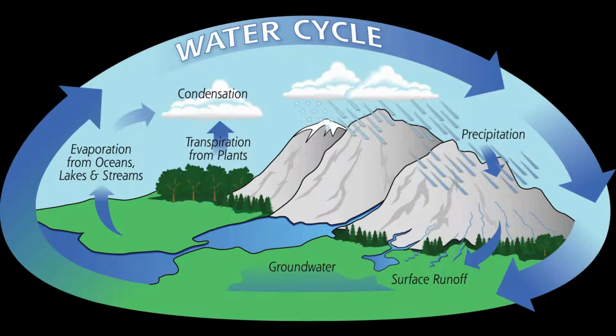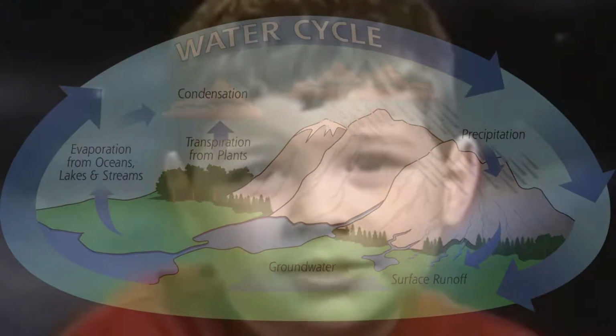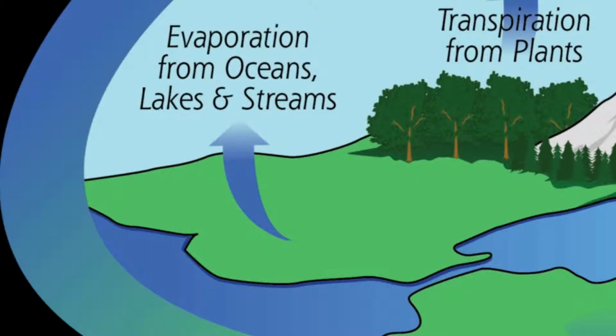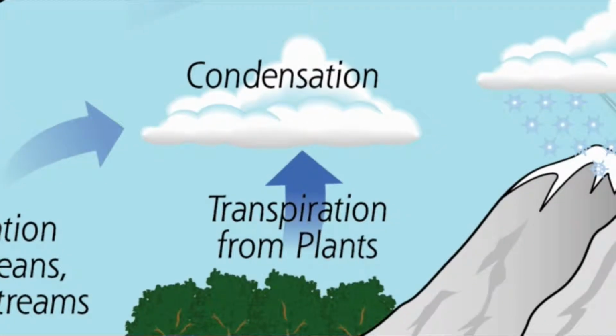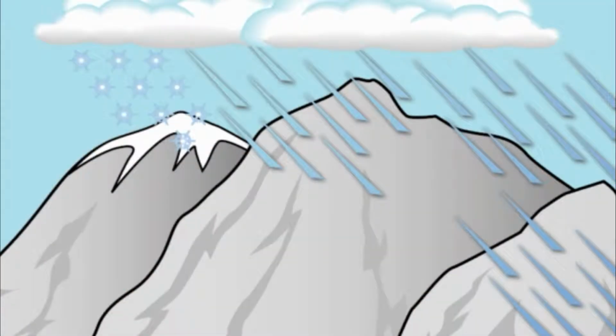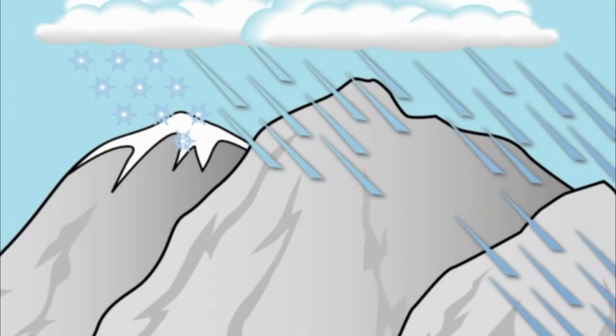The water cycle is a repeating process by which water recycles itself from the Earth's surface to the atmosphere and back. Over and over again, the process follows three steps to make the cycle. Evaporation, in which the molecules of water absorb energy and change into a gas to form water vapor that goes into the atmosphere. Condensation, when the water vapor rises higher in the atmosphere and cools down and turns back into water droplets, eventually forming clouds. And precipitation, where the water gets condensed and heavy drops of water fall back to